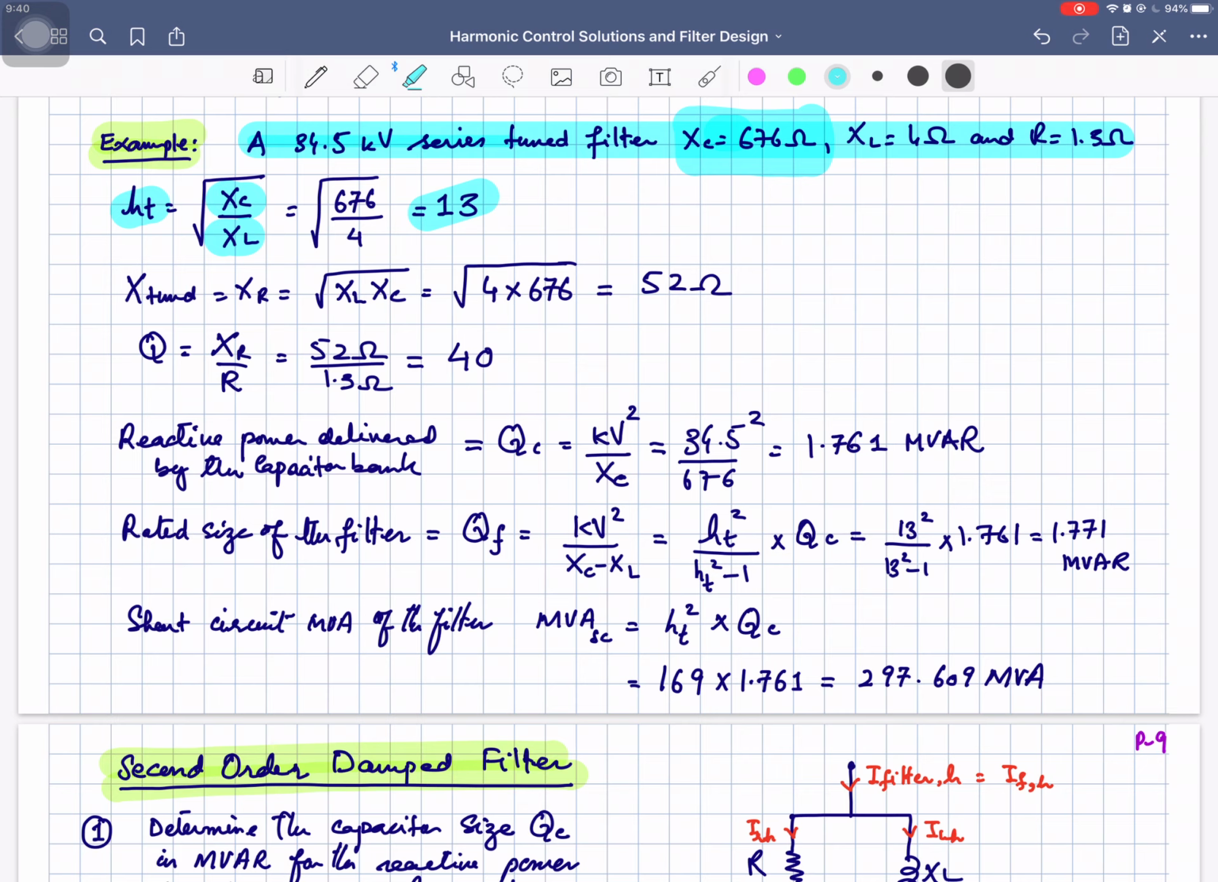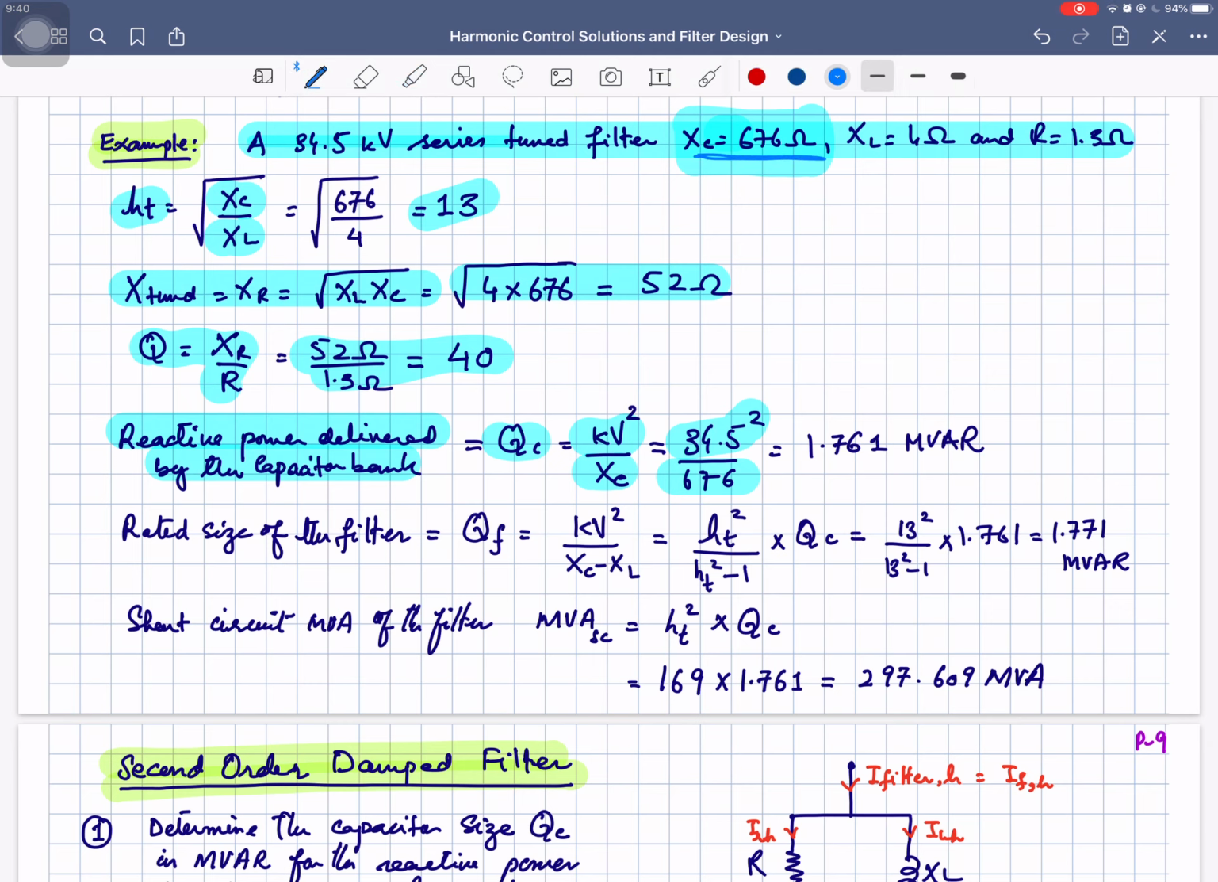And what will be X tuned? That is the resonant reactance, which is equal to the square root of XL XC. So, that is equal to 52 ohm. And the quality factor, given as XR by R, will be equal to 40. Now, the reactive power that will be delivered by the capacitive bank can be calculated as kilovolt square by Xc. So, 34.5 square divided by 676, that is Xc,